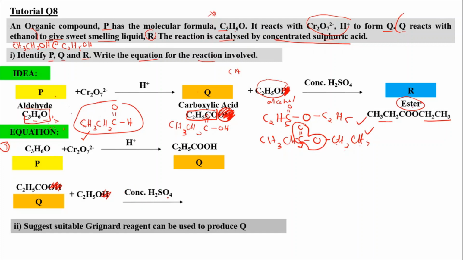And this happens with the presence of concentrated H2SO4 as a catalyst, and this is going to produce our ester here. Okay, so equation 1, and this is equation 2. And for the next part, we have to suggest the suitable Grignard reagent that can be used in order to produce Q. So Q is